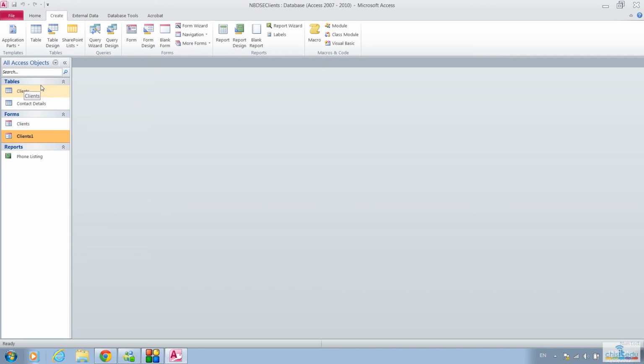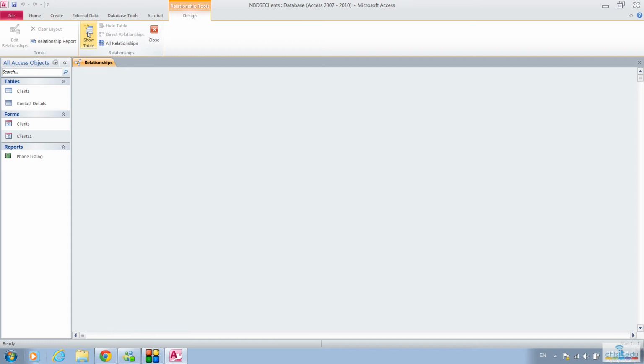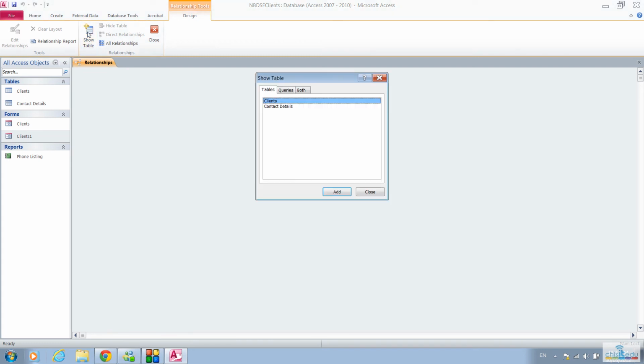Beautiful. The next thing I need to do is actually tell Access how these two tables are related together, essentially telling it what is the common field between the two. Whenever we have our contact details, we can have the client number, and it knows when the client number matches a client here that we want all the details of the clients available to us. I'm just going to click on Database Tools, click on Relationships, and click Show Tables, so add that one,